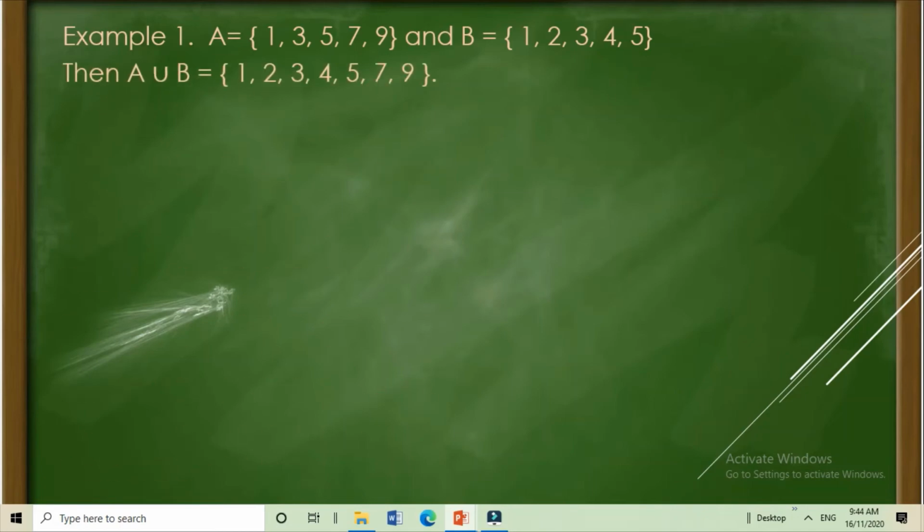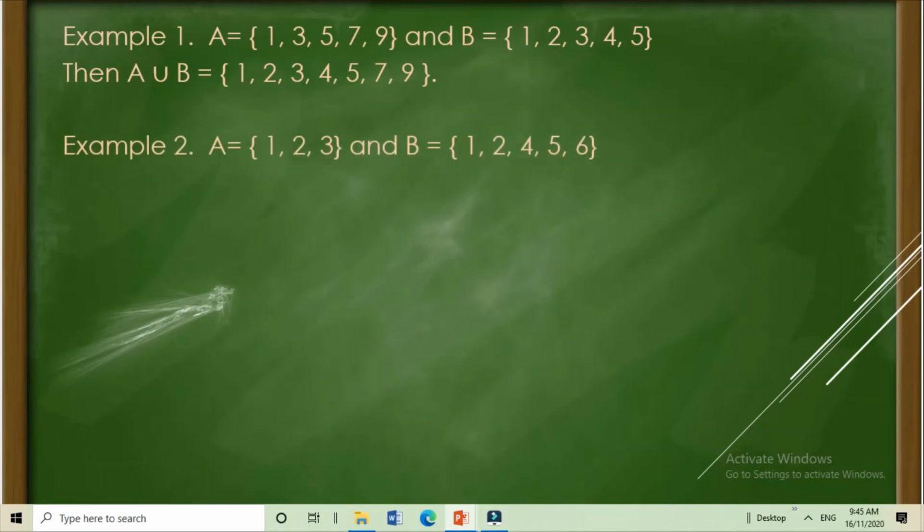So, yung tinatanong, find A union B. And that is 1, kasi nga may 1, 2, kasi nga may 2 sa set B, 3, kasi nga ang dalawang set ay may 3, 4, kasi nga makikita natin yung 4 sa set B, 5, makikita natin yung 5 sa set A, 7, makikita natin siya sa set A, and 9, makikita natin siya sa set A. Therefore, A union B is equal to the elements 1, 2, 3, 4, 5, 7, and 9. Or, lahat ng mga number o lahat ng mga elements na makikita natin sa A and B without repetition.